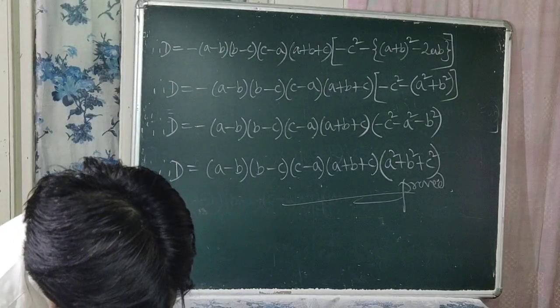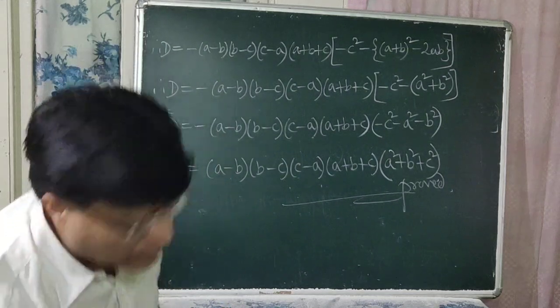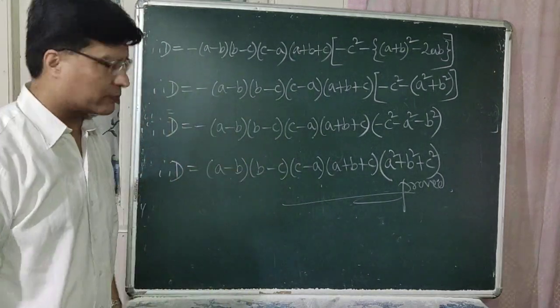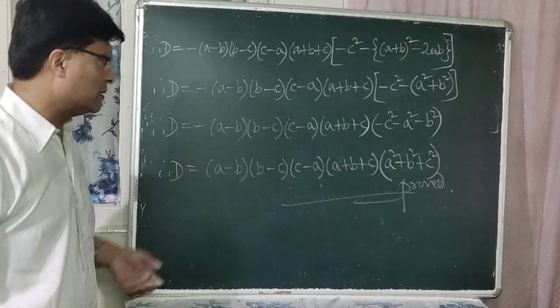a minus b, b minus c, c minus a plus b plus c, a square plus b square plus c square. So it is done. So this is quite